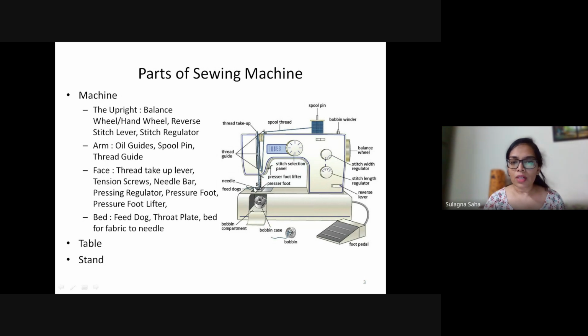This metallic strip on the base of the bed, we come to the bed of the machine now. So this base of the bed, just below this pressure foot, we call it the throat plate. So this throat plate is essentially a metallic plate wherein you move your fabric. Now remember, these throat plates often come with some markings.